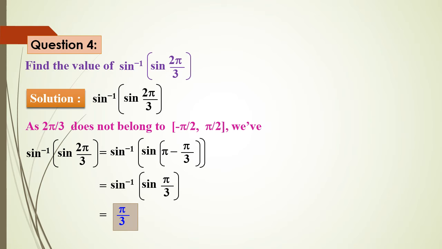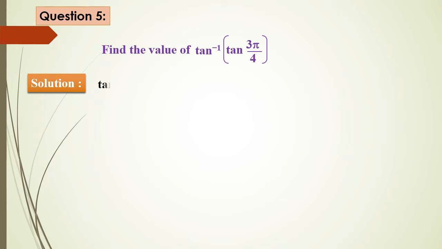It comes under the range of the sine inverse trigonometric function, that is minus pi by 2 to plus pi by 2. In the next question, tan inverse of tan 3 pi by 4. You people know very well, again, the range of the tan inverse trigonometric function is minus pi by 2 to plus pi by 2. If you remove tan inverse and tan, 3 pi by 4 will be remaining, but it never comes under the range of the tan inverse trigonometric function. This angle exceeds the range. But how are you going to simplify it?